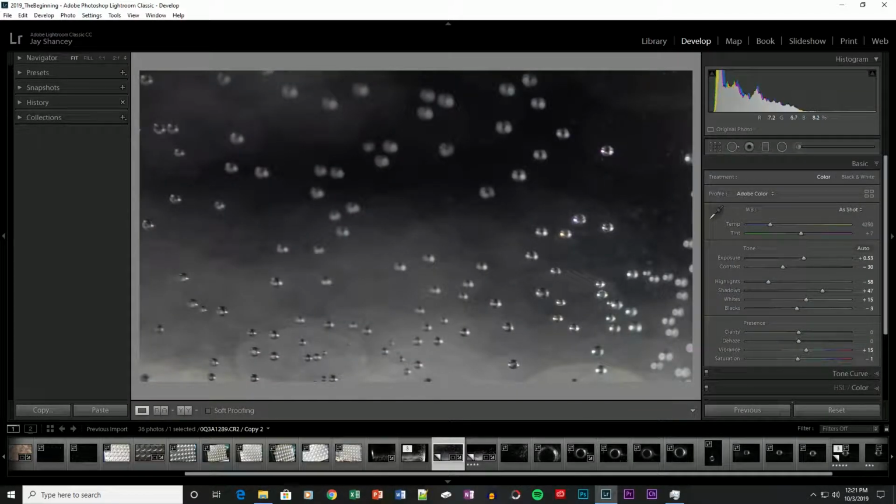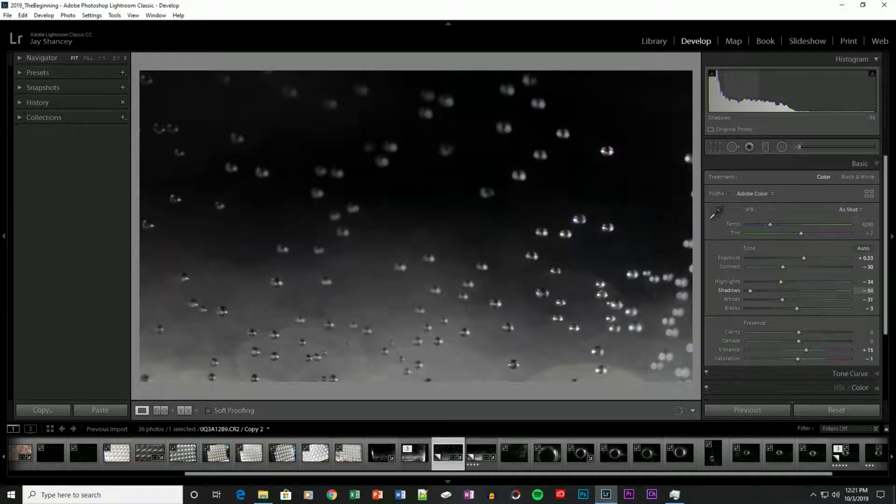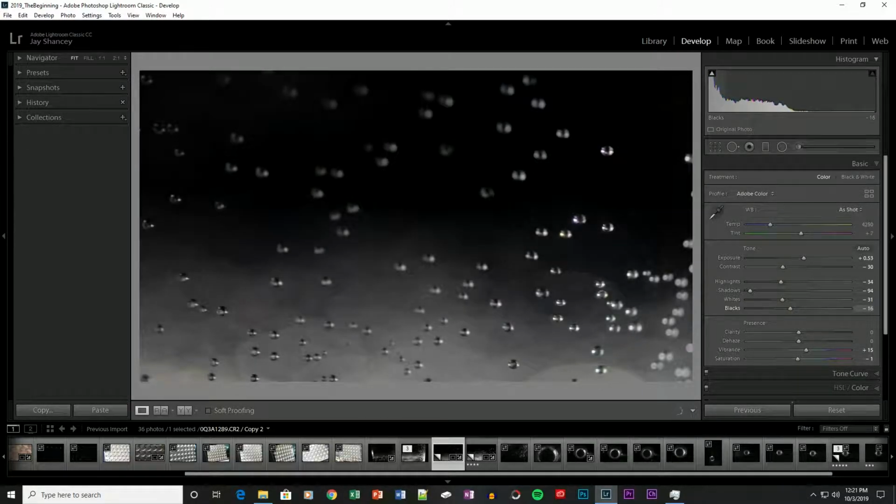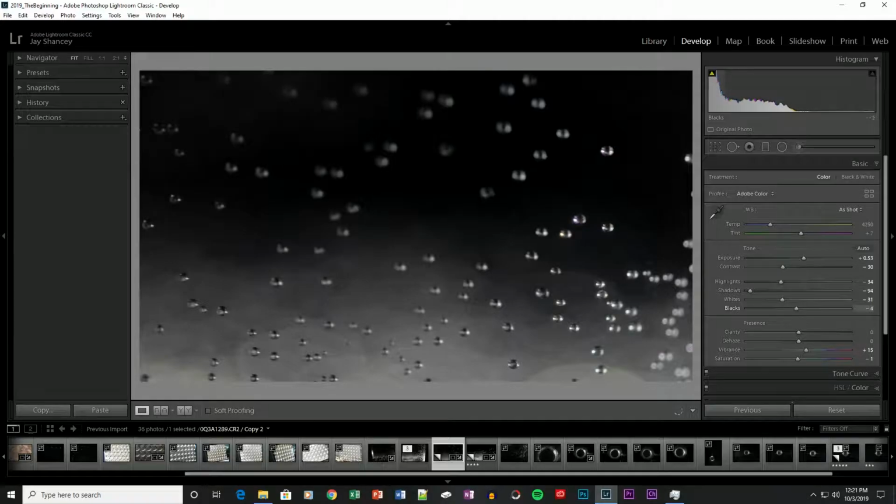But we're starting to see some of these white little splotches over here on the side, so what I wanted to do was take the highlights down a little bit, and whites, make them a little, just a touch darker, but the shadows I wanted to get really dark, and then bring that black into real darkness. But I needed to